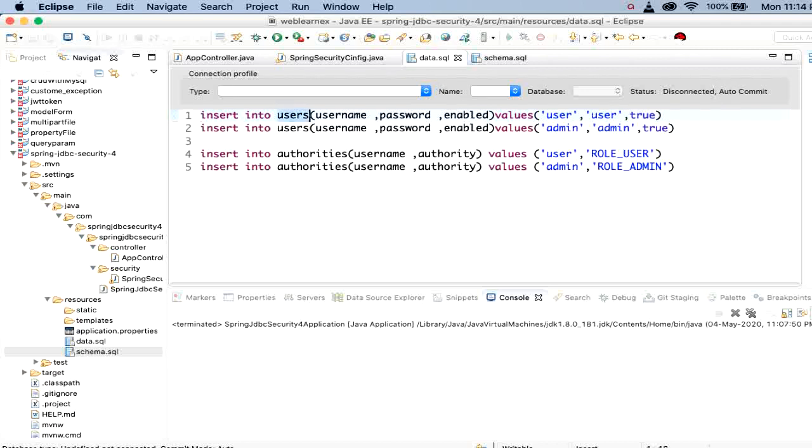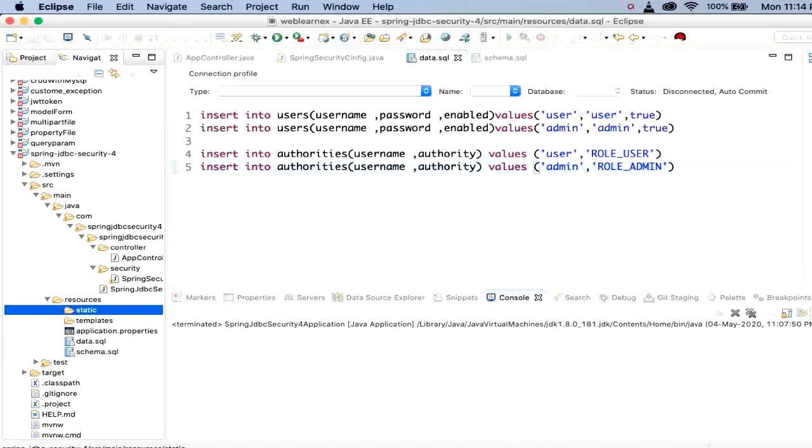I have passed the first user as user with the password user, and the second user as admin with the password admin, and I have inserted the authorities data, user and authorities. So first I set the user authorities with the role of user and admin authorities with the role of admin. This way we can create our own users and authorities schema.